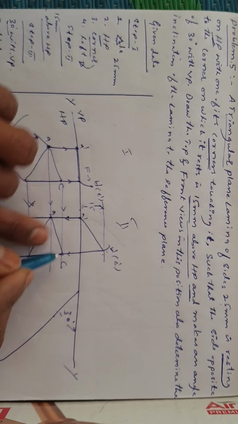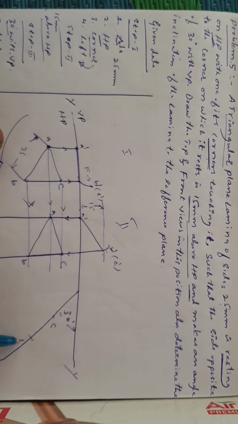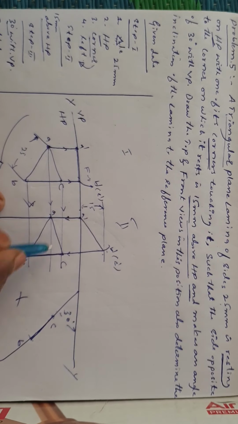First mark a point. This name is C. By using compass, measure C to B. Keep at point, cut it. This is point B. Join this BC line. Then similarly, find point A by using compass, B to A. Keep at this point, cut it. And by using compass, C to A, keep at mark, cut it. See, this is the apparent view, and all three sides are not similar here.